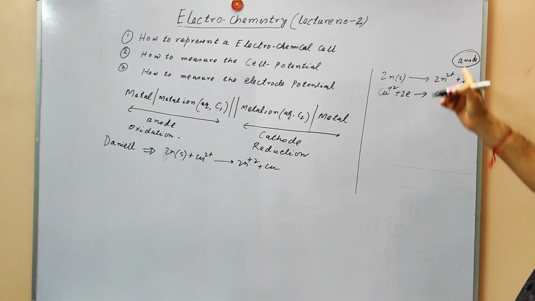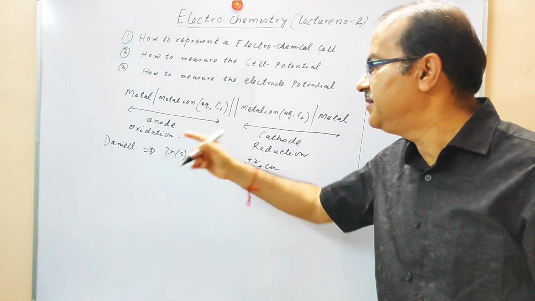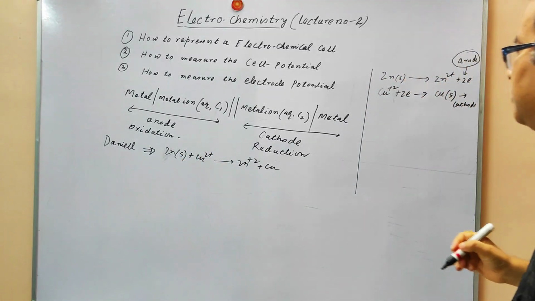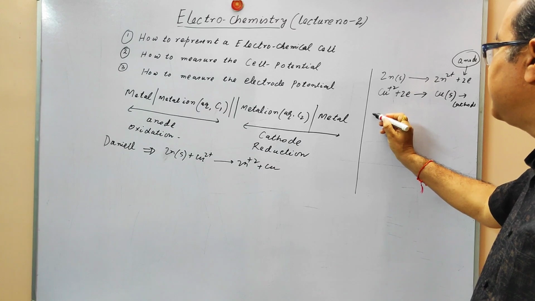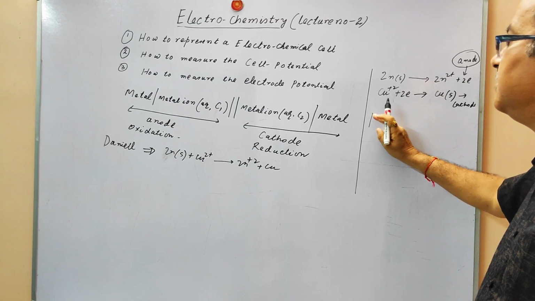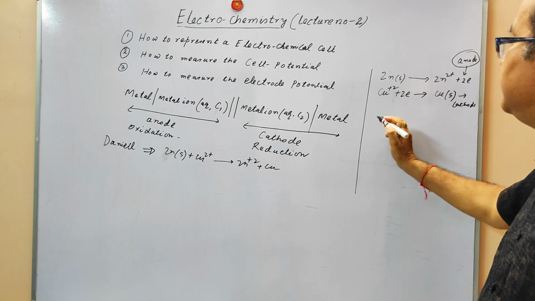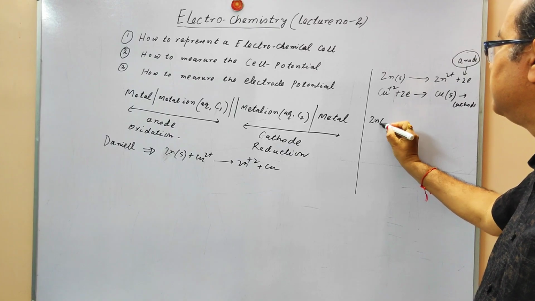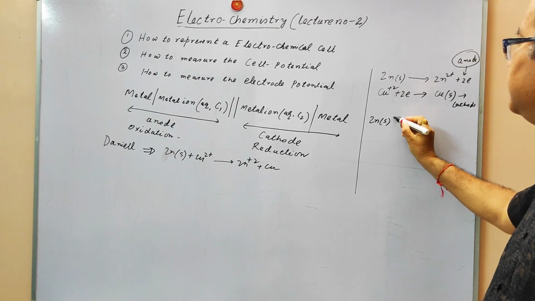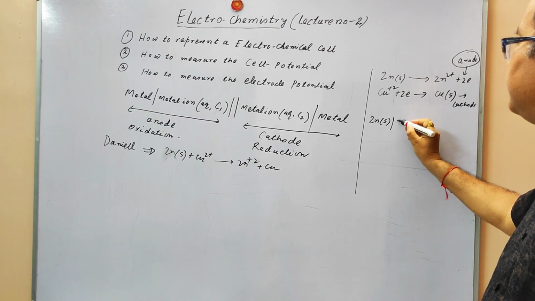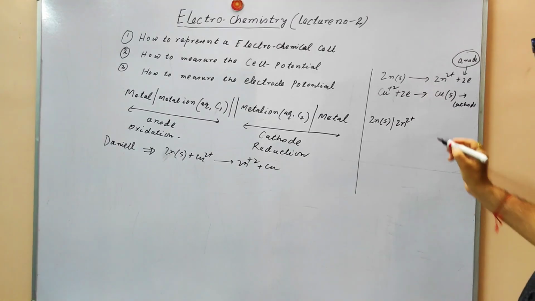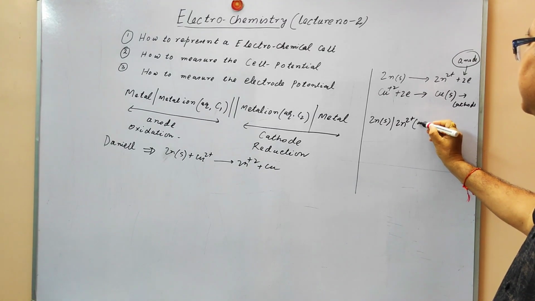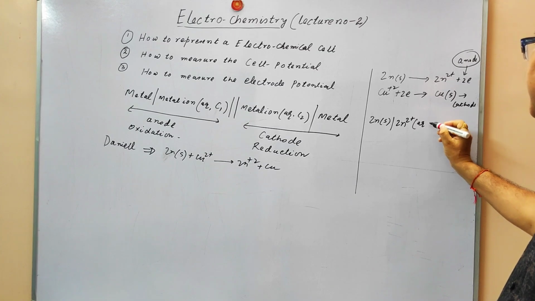So in this cell, where this reaction is going on, that is the Daniel cell, we will represent it like this. First we have to see the metal. The metal is Zn. Then we have to write the metal ions, and we have to write their physical state, and